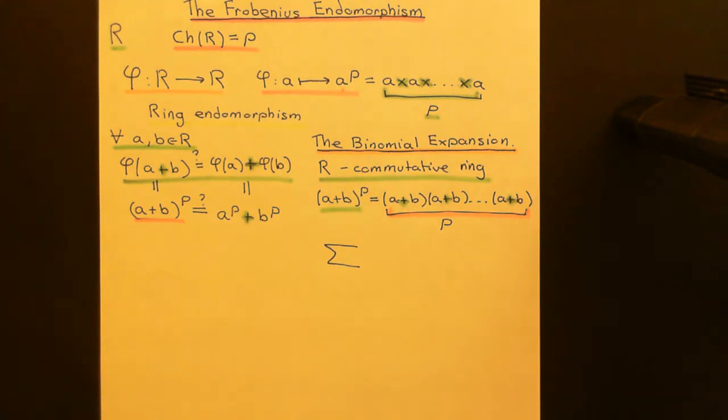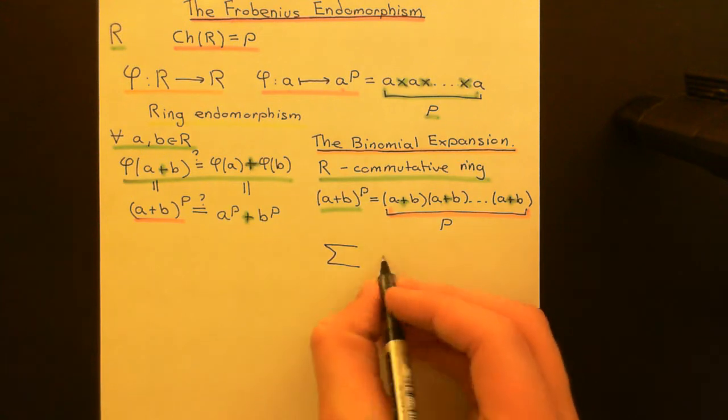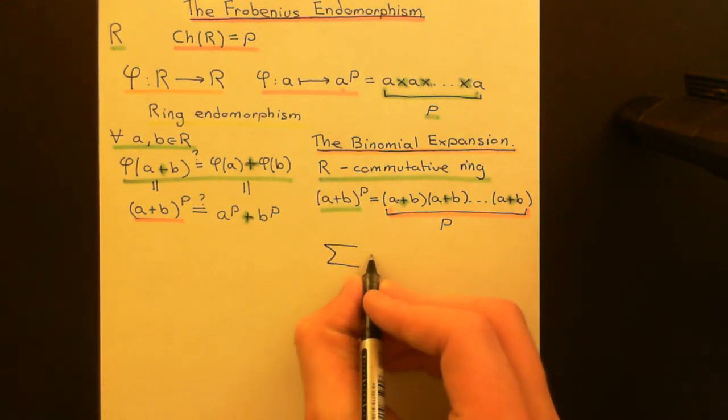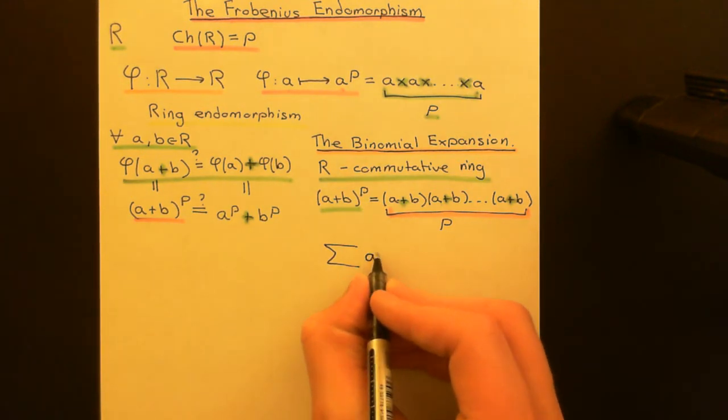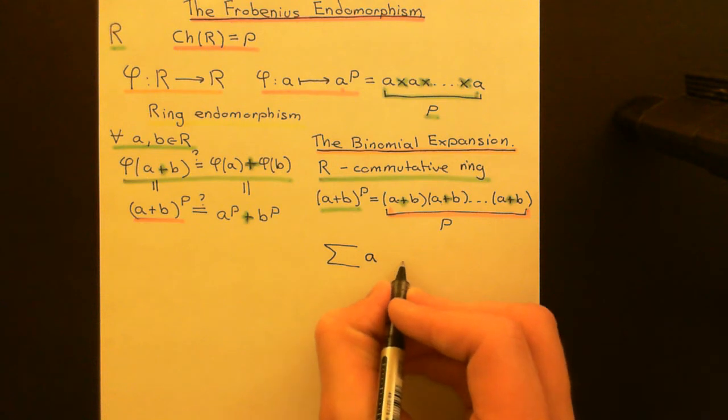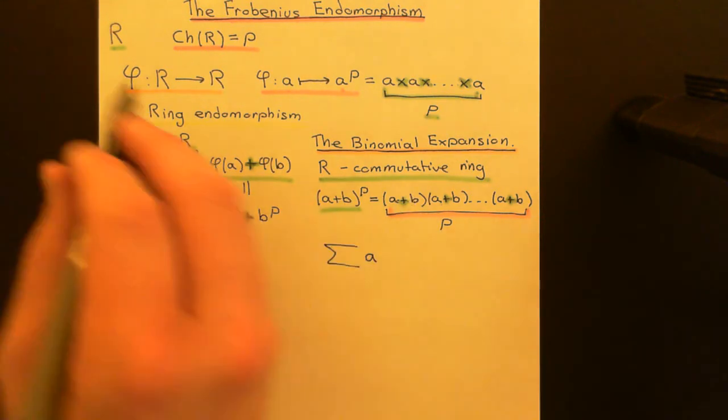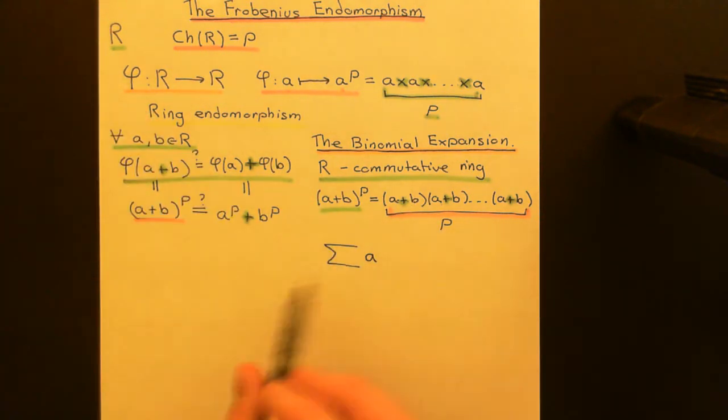Okay, so what then are the things that we're going to be adding together going to look like? Well, of course, in each of these brackets we can only take an a or a b, so all the things that we're going to have to add together are going to be some power of a times some power of b, and this is where we're using the fact that it's a commutative ring, so we can rearrange the multiplication so that we cluster all the a's together and cluster all the b's